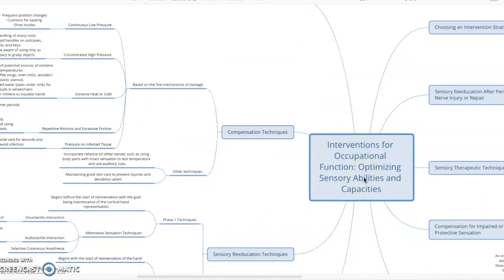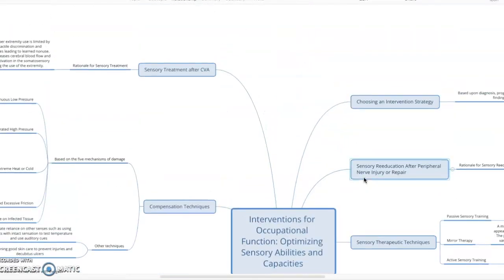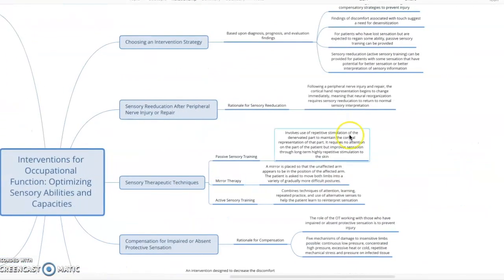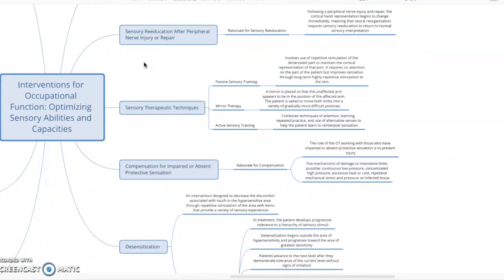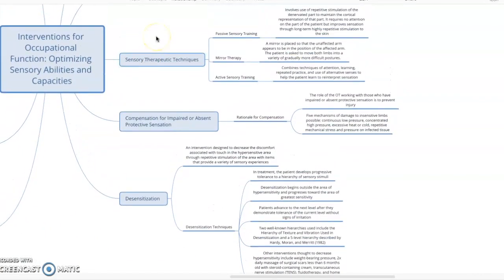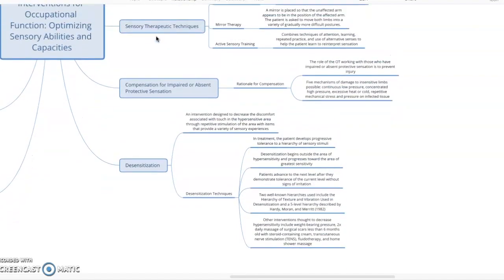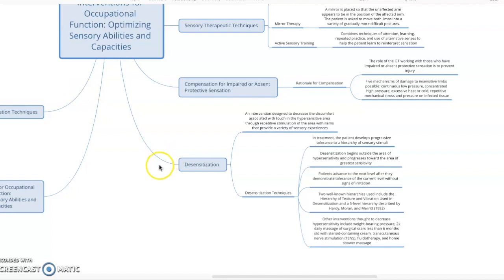The next chapter we have on sensory is interventions for occupational function. And so we have tons of different interventions that you can use for sensation. So kind of the basis behind choosing your intervention strategies, sensory re-education after peripheral nerve injury or repairs, therapeutic techniques, again, really helpful for interventions, compensation for impaired or absent protective sensation, which you could see a lot. I feel like you could see that in a bunch of different settings. Desensitization,